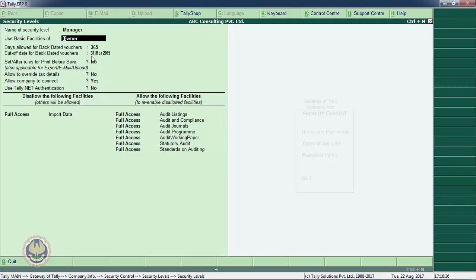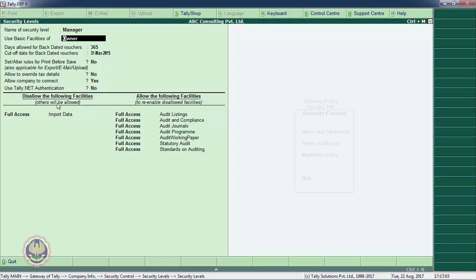Cut-off date for backdated vouchers, a user cannot go beyond this particular date. Set/alter rules for print before save. I can prevent printing a voucher before it is saved. That is possible in Tally. By default it is allowed. Allowed to override tax details, allowed to connect company, use Tally.net authentication. These are some basic options available here.